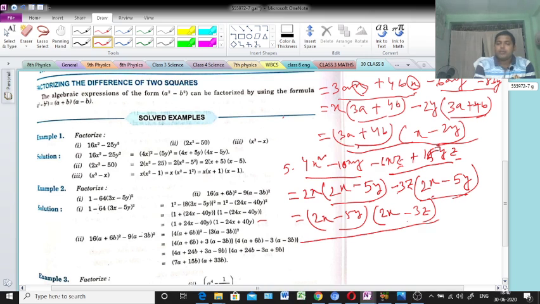And one important thing that I am telling: see here in question number 5, from the first two terms we are getting common, and in question number 4 also, first and second not possible, first and third also not possible, so we are taking first and fourth. That means we should always check it, because otherwise it is not always that the first two terms' common will come. Possibility is there, but that one is not sure. Concept clear? So you should check it a little bit.